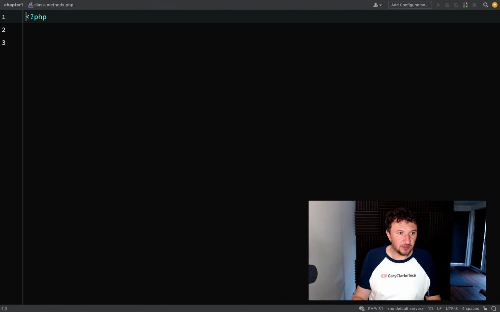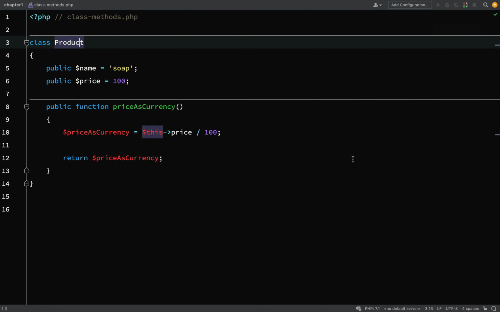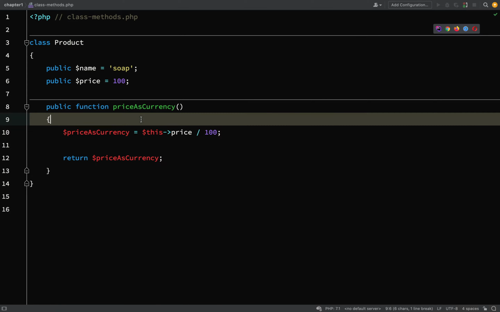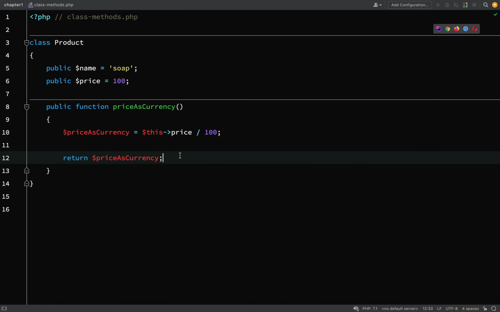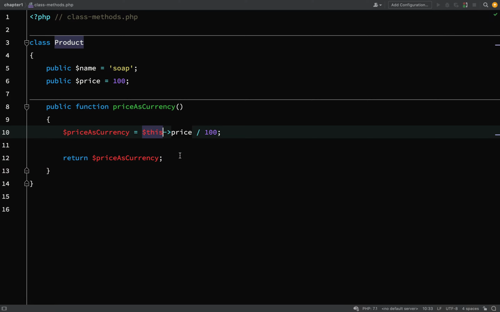class-methods. Okay, and then I'm just going to paste in some code which I've already worked out in a little practice project. This should look familiar to you. It's the product class which we created in the previous recordings, and we have our price as currency method here. So what we're going to do is format the currency which this is returned in, and so